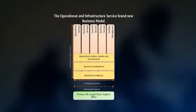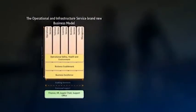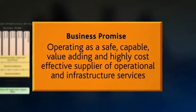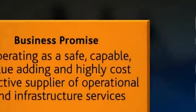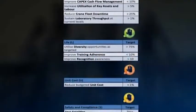The operational and infrastructure brand new business model. With this brand new vehicle, we promise our customers operating as a safe, capable, value-adding and highly cost-effective supplier of operational and infrastructure services. This would only be possible if we, as operational and infrastructure services, can bring back the